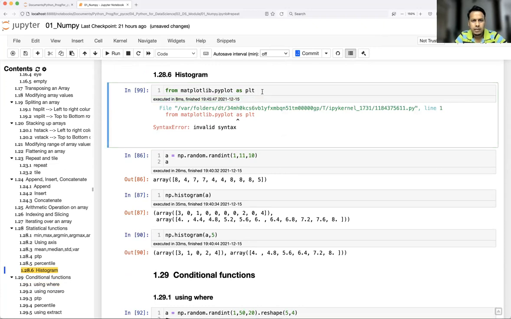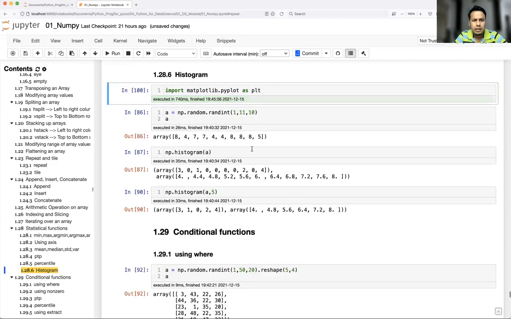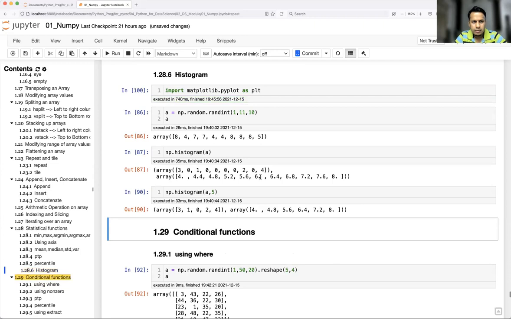Invalid syntax, why? Oh, import. Okay, so you got it.